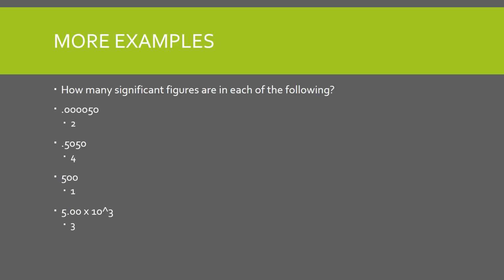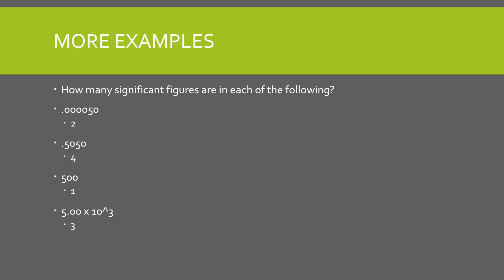The correct answer is 2, because leading zeros, the 4 zeros at the beginning, are never significant. The 5 is a non-zero, so it's significant, and then a trailing 0 with a decimal is also significant. In the second example,